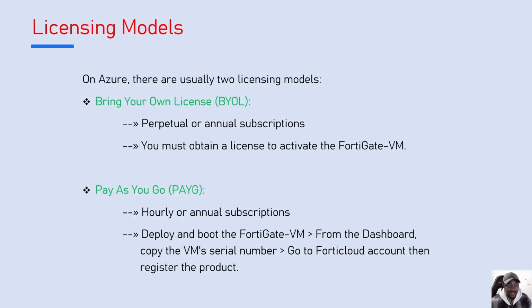So talking about licensing models, in Azure we have two licensing models. Basically you bring your own license. So this is either a perpetual license or an annual subscription license that you bought from a Fortinet reseller. You must have obtained this license so that you can activate your FortiGate VM. Either you bring your own license, or you are